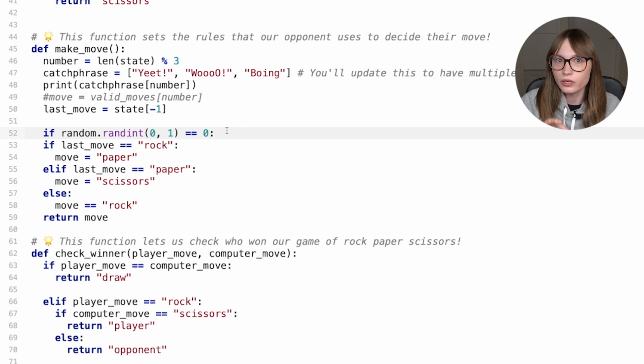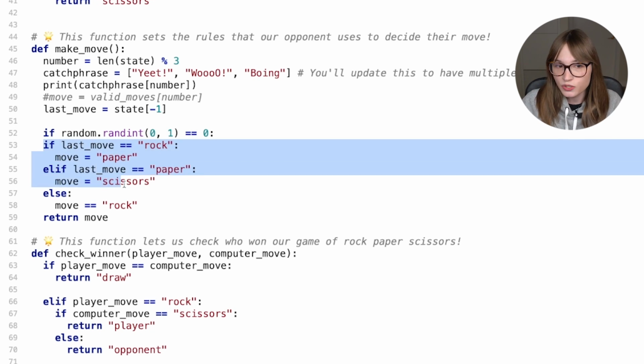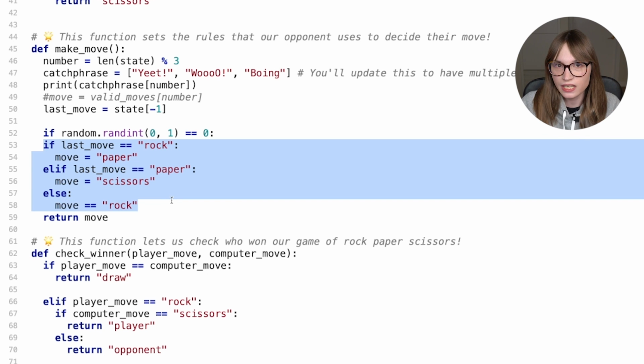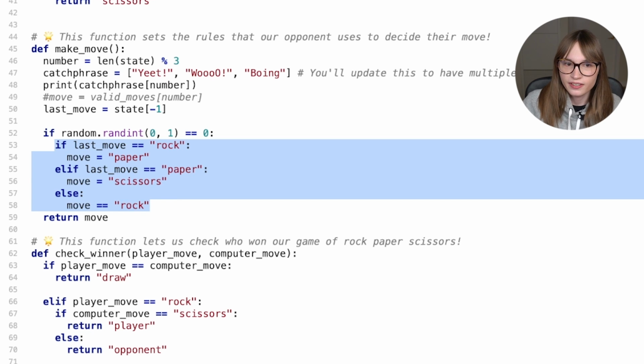Now, we only want the logic we just wrote to run if this random number that's either 0 or 1 is 0. So, well, it's Python. We need to make sure this if statement is indented because we only want it to run half the time. It's conditional, remember? So to do that, we've already written the code. We don't need to retype it all and indent it. Instead, we can just select all of this code that's already here in the if statement. Make sure you don't select return move, by the way, and then press tab. And everything you have already selected will indent by 1.